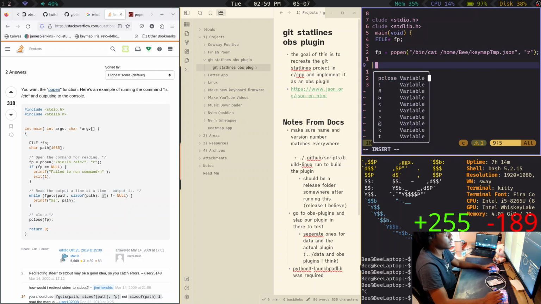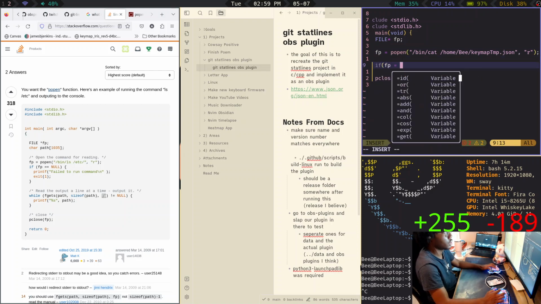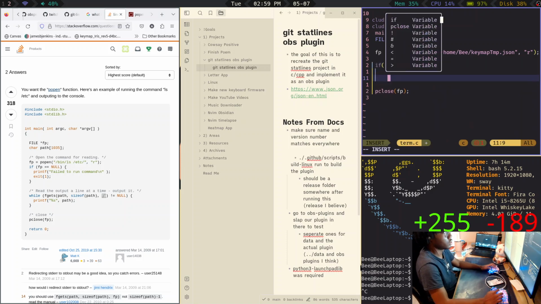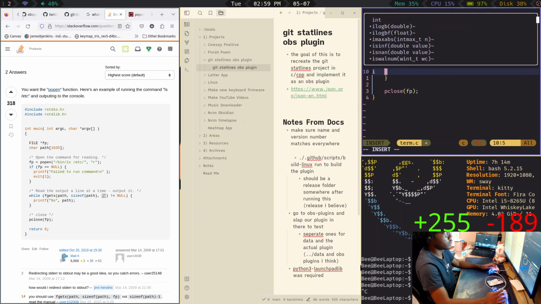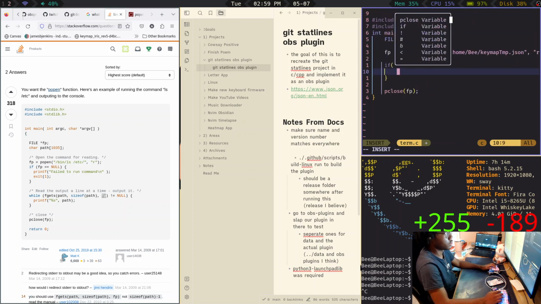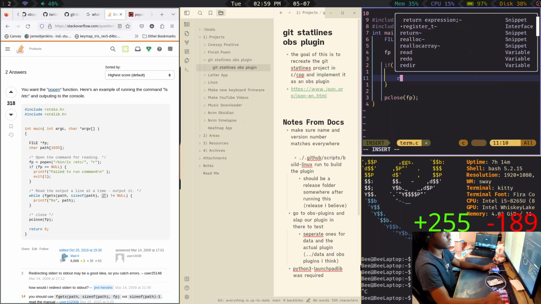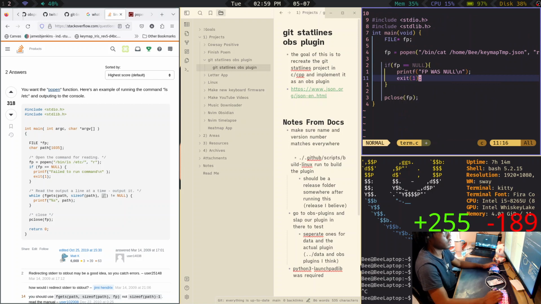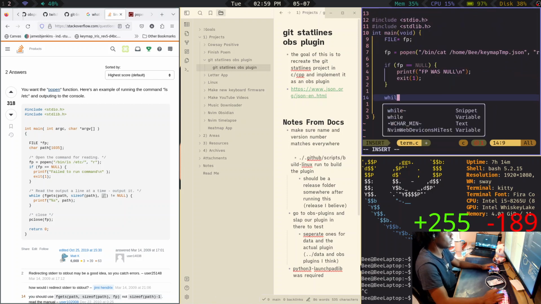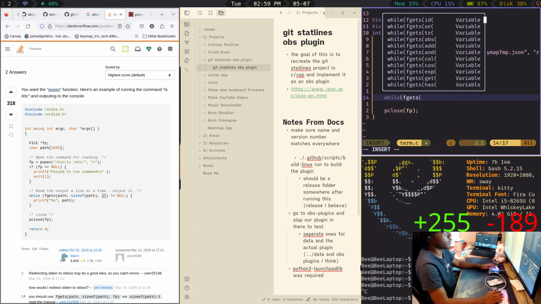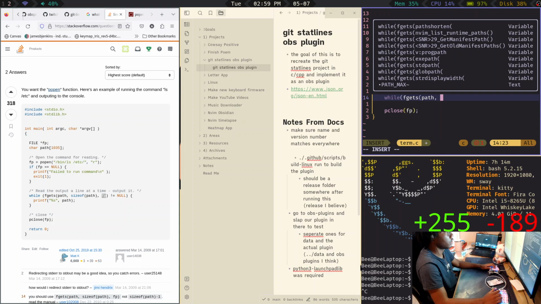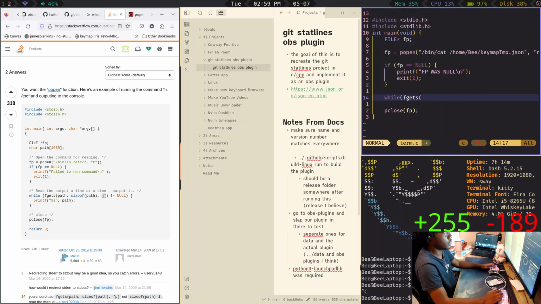And then we say, in the case that fp is null, then return, exit 1, and then we say while we can still get strings, the path is, why do we need the path?